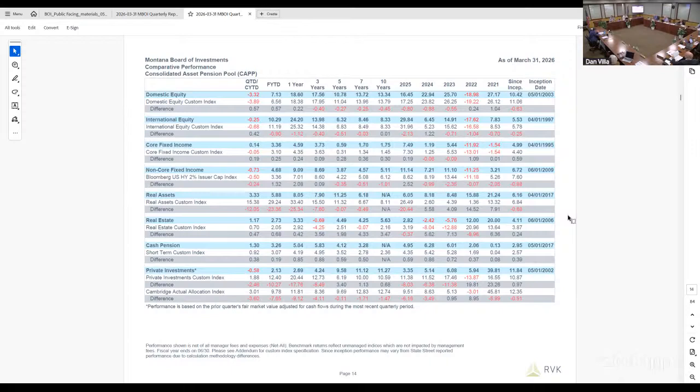And international equity, which is the next set of information below, although the quarter was negative for both domestic equity and international equity, fiscal year to date, you've beat your assumed return by over 3% just in international equity. Part of that is the dollar. The other part is local currency returns. So very nice lift there.